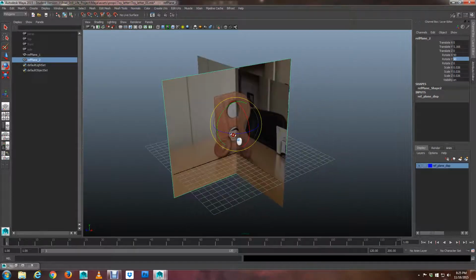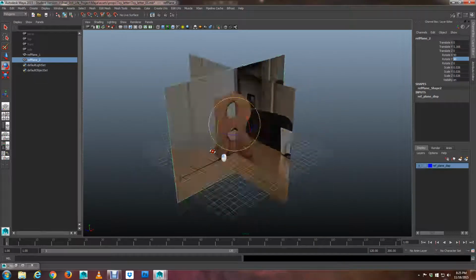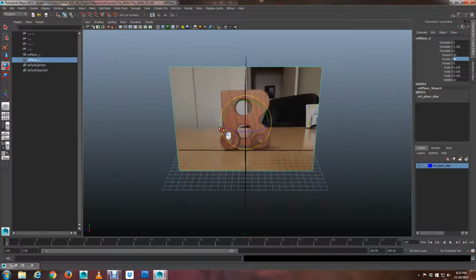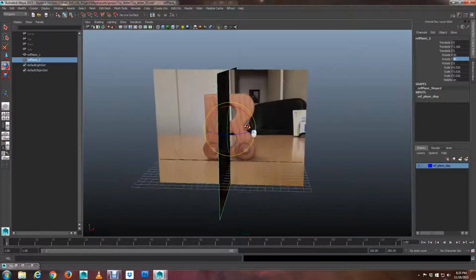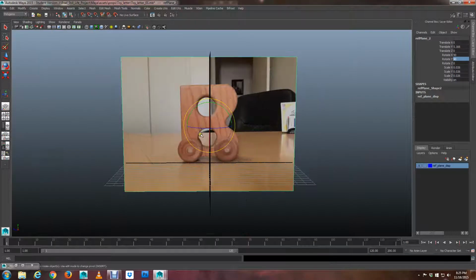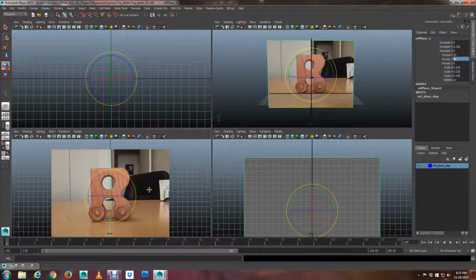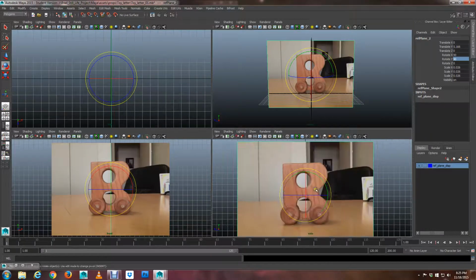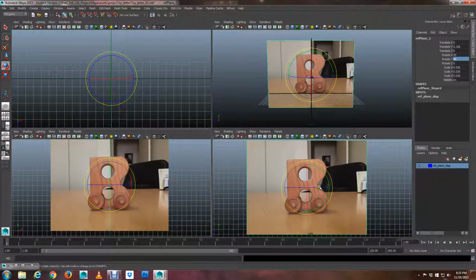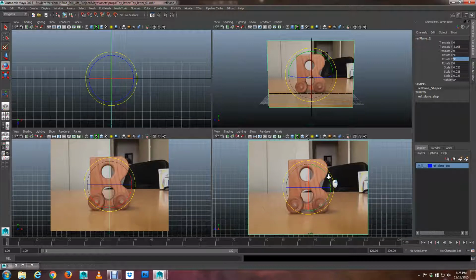And there you can see that this guy's being projected this way. Okay. So here's the front view, and here's the side view. So if I go back to my 4 views, I can see I've got the side view and the front view. Now both of the images are the same, so obviously it's just a little weird, right? So